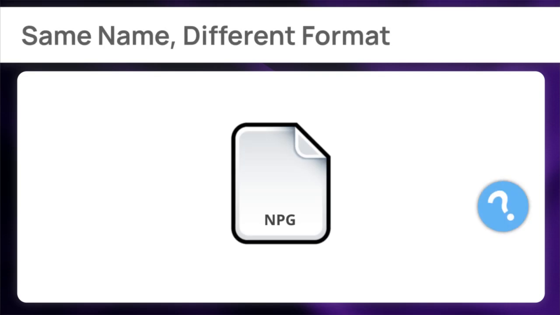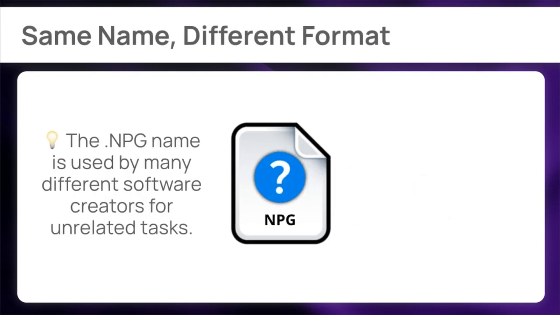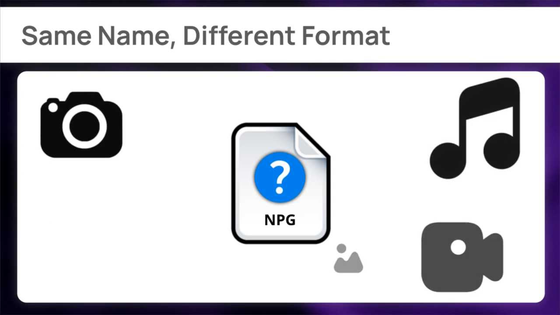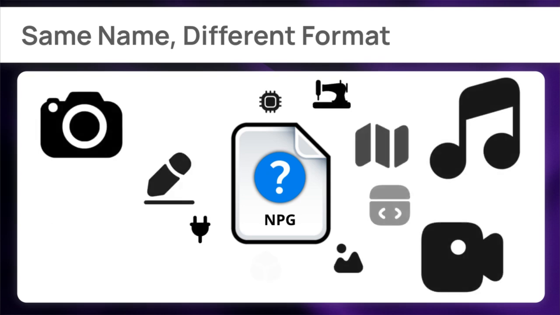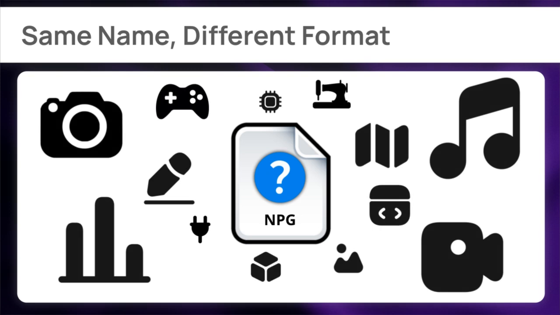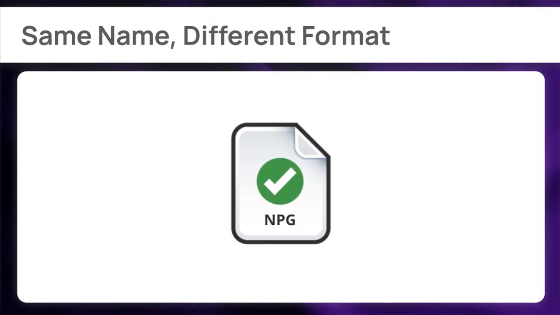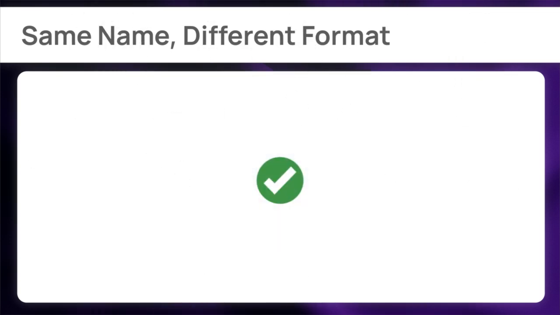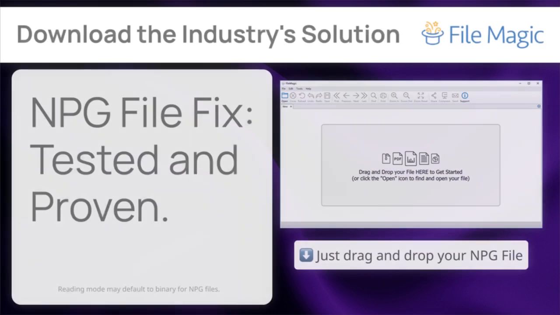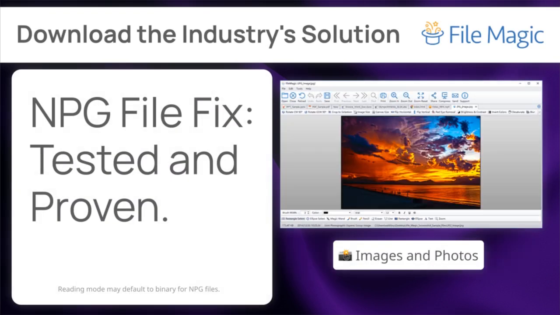If compatibility checks failed, it is likely because the file extension name is shared by different developers for unrelated formats, causing your PC to use the wrong reading language. Using raw-level data inspection is a recommended method to try and uncover a file's true requirements when the extension label is unclear or shared. When your file is still locked, the issue is almost certainly due to its niche format,